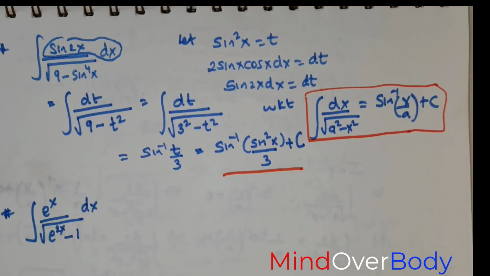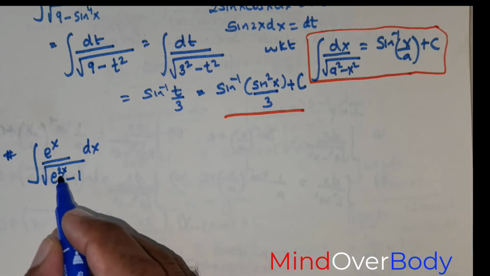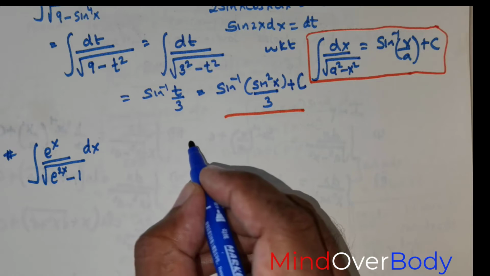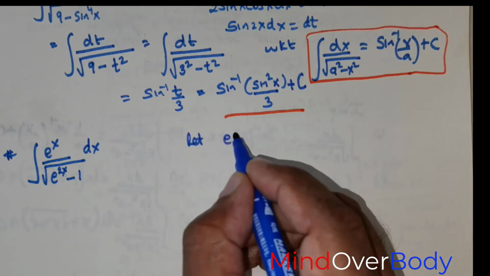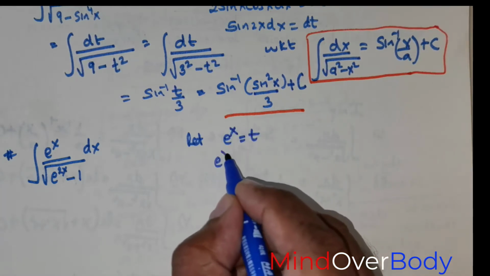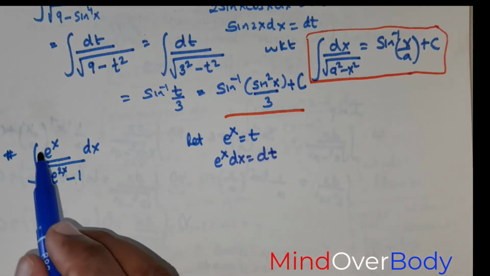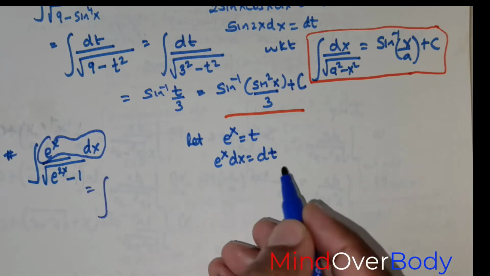Students, we are expected to integrate this question. Integral e raised to the power of x over root of e raised to the power of 2x negative 1. Of course with the differential operator dx. So we are going to make the substitution. Let e raised to the power of x be equal to t, differentiating both sides. This would give us e raised to the power of x times dx is equal to dt. So in place of e raised to the power of x times dx, I can always substitute dt